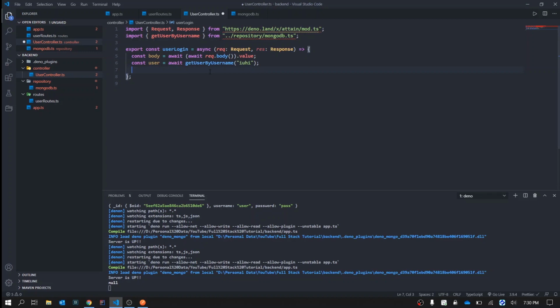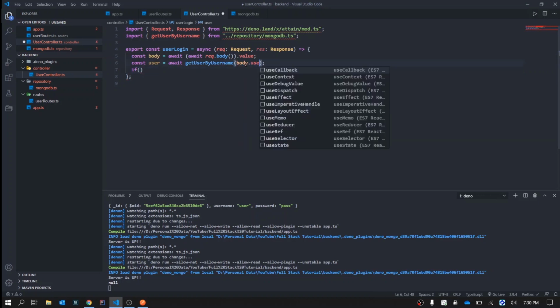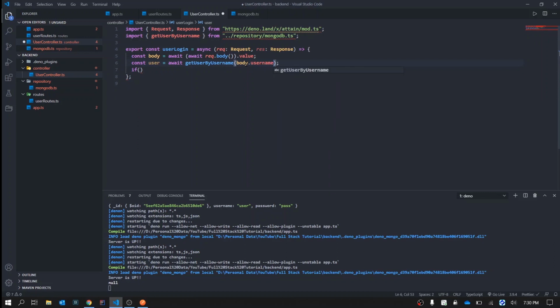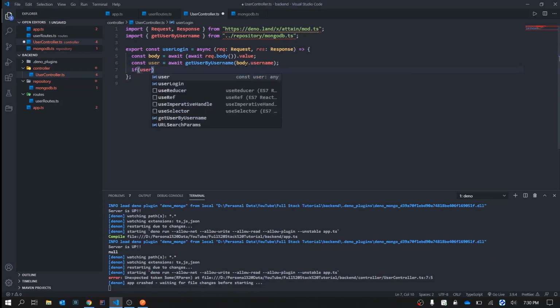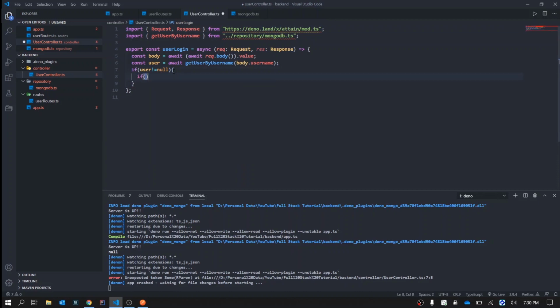So what we can do is we will say if, let's make it back, body dot username. If user is not equal to null, then only we'll check whether the password is correct or not.